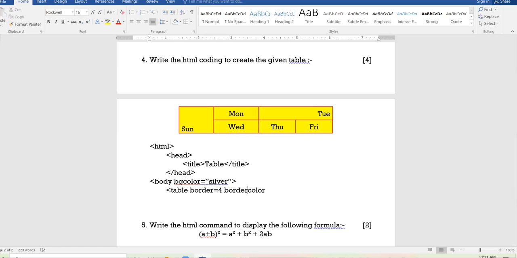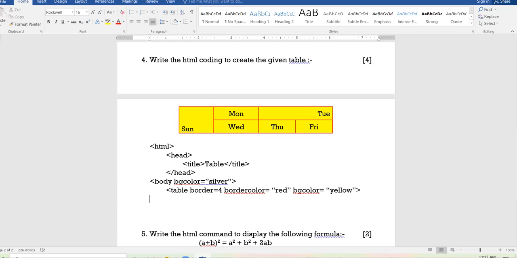Okay, be careful. Equal to red, then bgcolor of table is yellow. These are the instructions with respect to the table tag. You can take height, width.